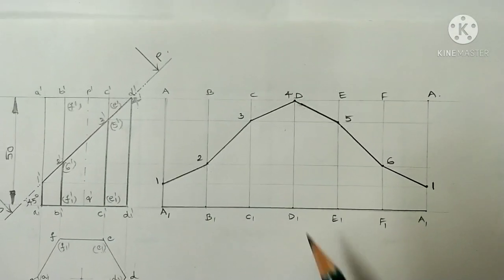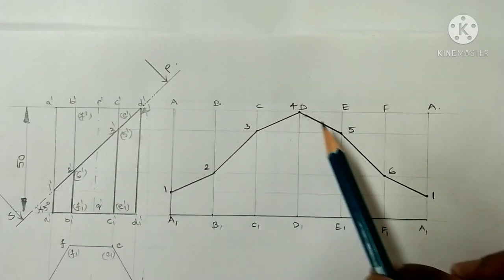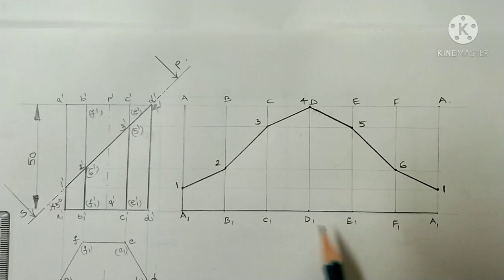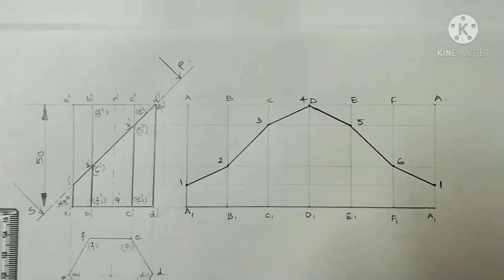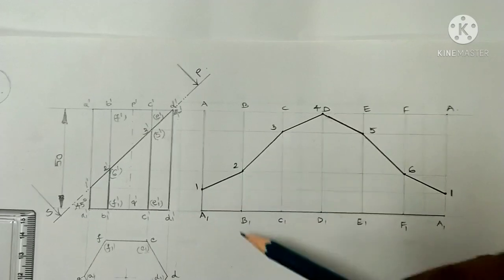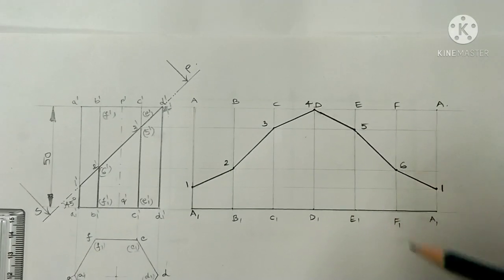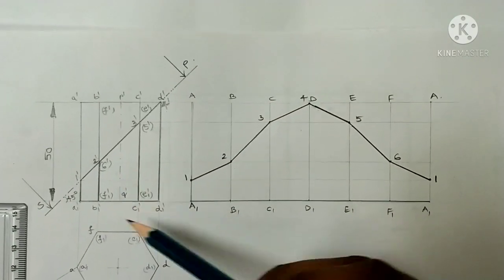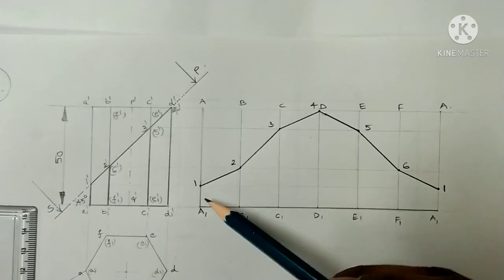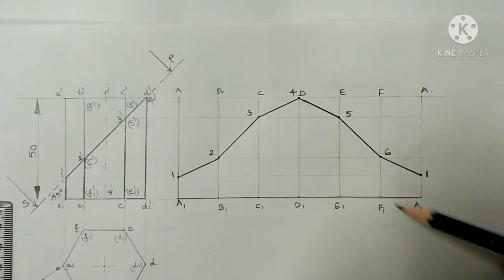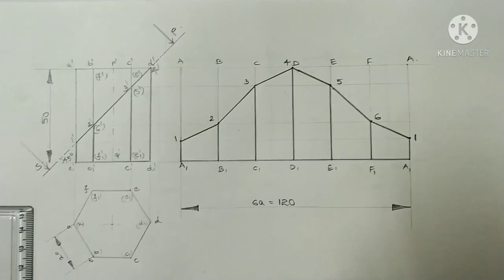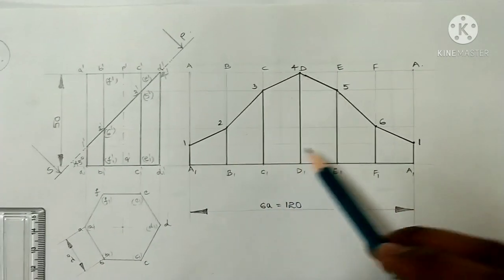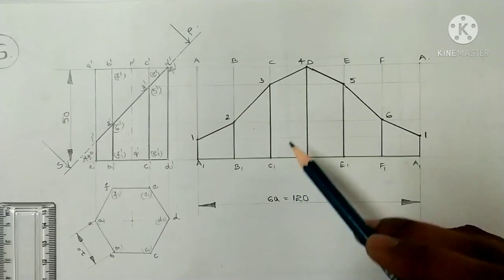These lines represent the top surface of the hexagonal prism, and the lettering line represents the base of the hexagonal prism. By connecting 1A, 2B, 3C, 4D, 5E, 6F and 1A, we get the remaining edges according to the front view of the first orthographic projection. So now join all the points in the correct sequence by means of straight lines with an HB pencil. After connecting all the points, the top surface points with the base points, we get the development of lateral surfaces of the hexagonal prism layout in this way.